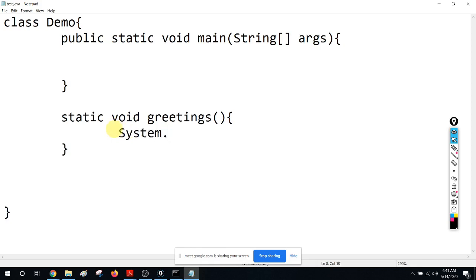System dot out dot println. Right. So if I want to have this output over and over, I can just call it from there.